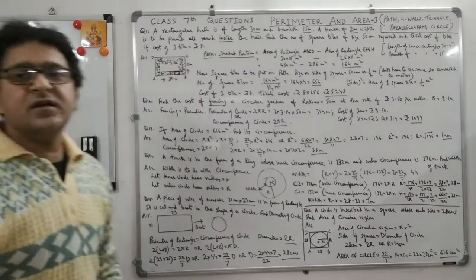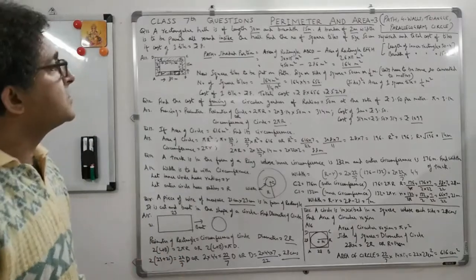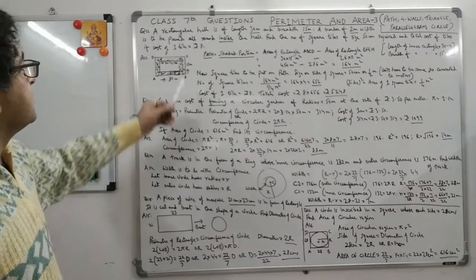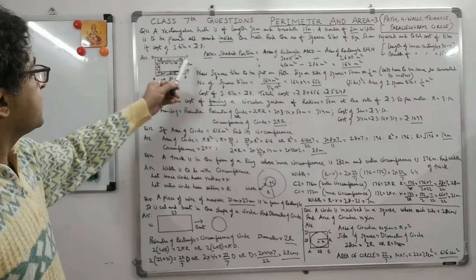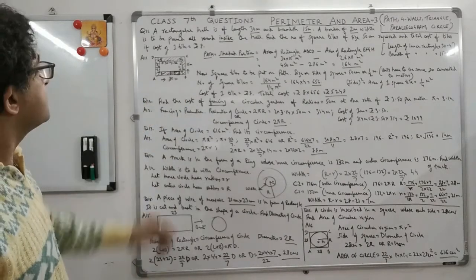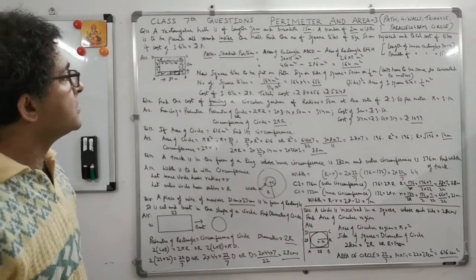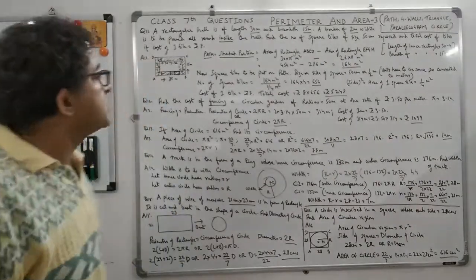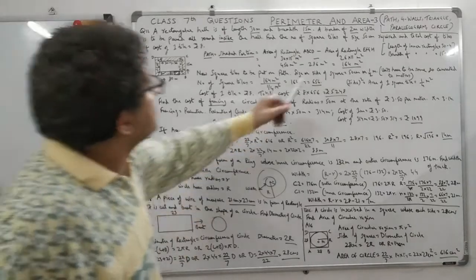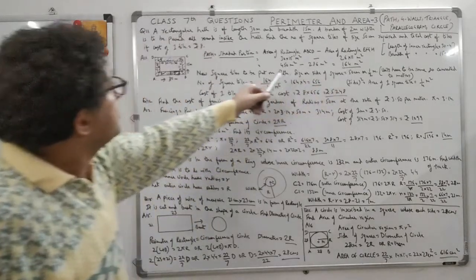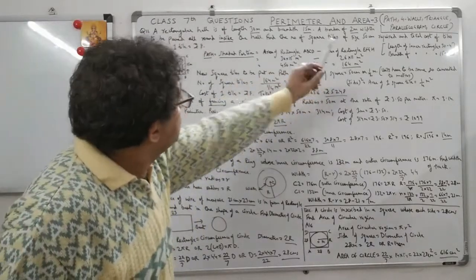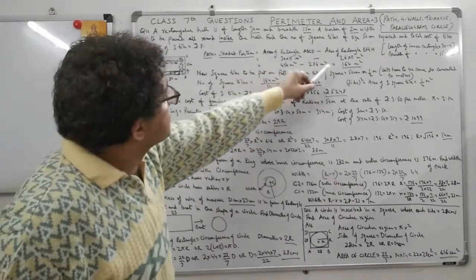So basically now we have to convert meters into centimeters. Why? Because this meter has to be converted to centimeters, because then only we can calculate the number of tiles. As I told you, the units have to be same, right? So this becomes 164 meters square, if you subtract this, 450 minus 286.